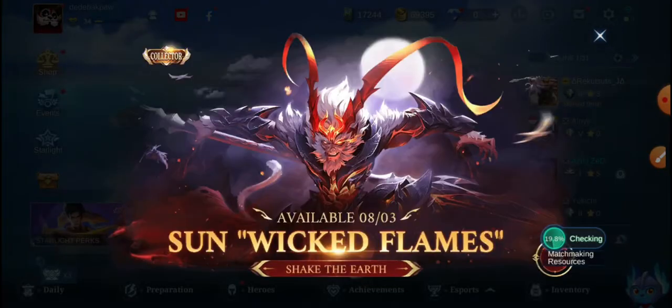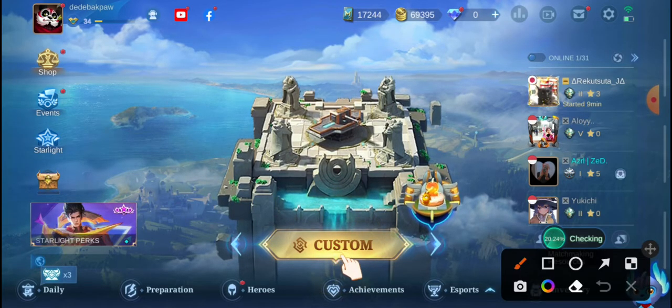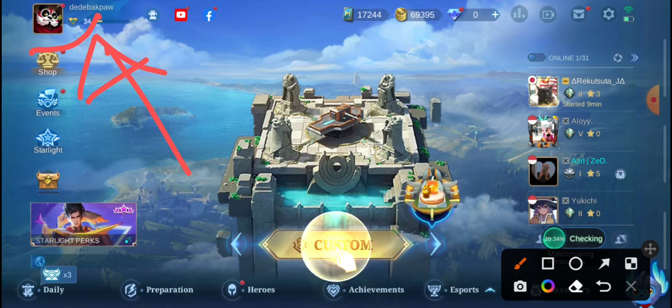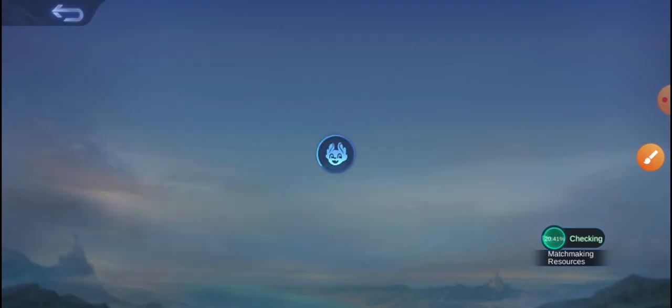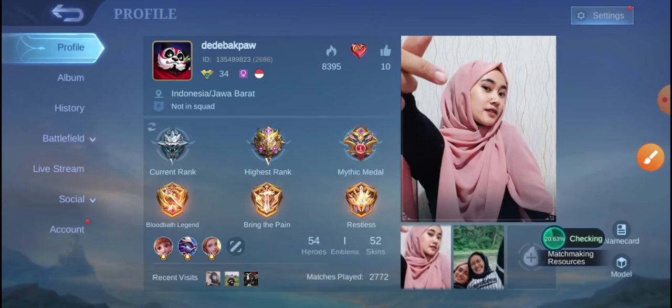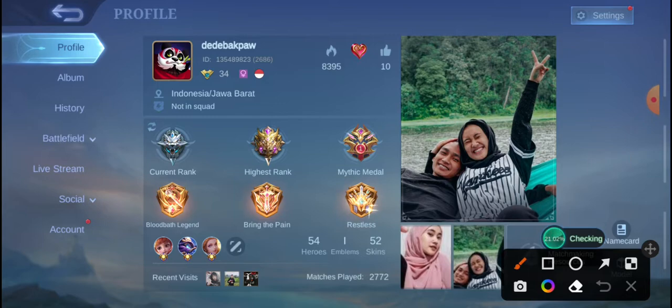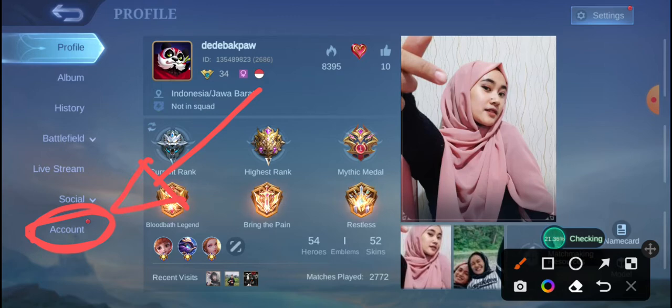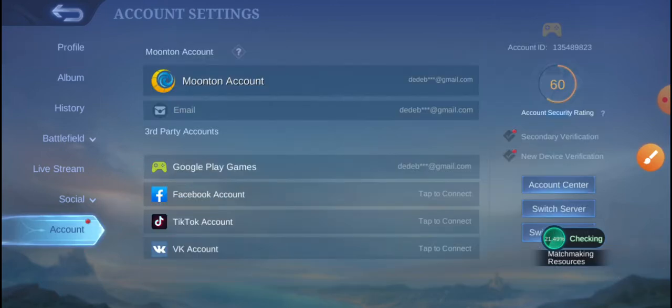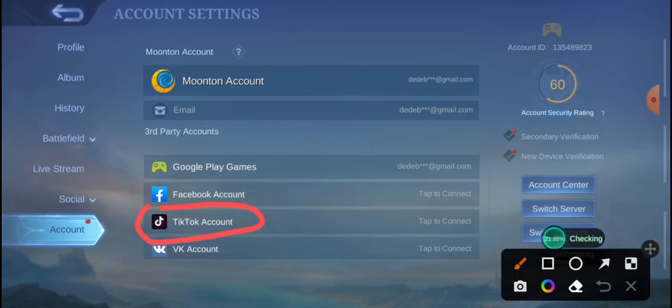So you just click on the profile icon at the top, click on it, and after this, in here you just click on the account, this one, click on it, and then now you can click on a TikTok account, and then in here you can wait,